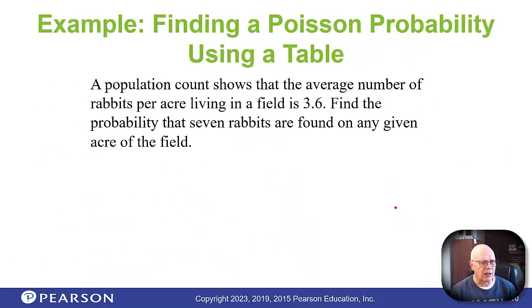Let's try that one more time, just a little bit different. This time, the average number of rabbits per acre. Now this time the interval is an area, an acre. So the average number of rabbits per acre is 3.6. We're given that historically, perhaps. And we want the probability that there are 7 rabbits found. That means our x is 7, and we're talking about exactly 7 rabbits. So we're going to use Poisson PDF,